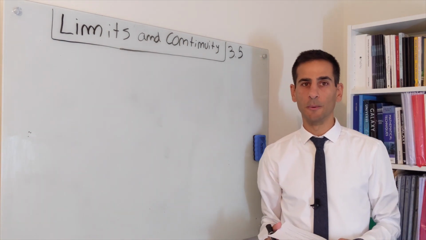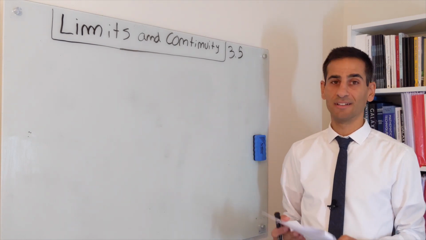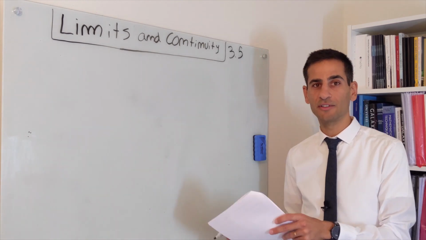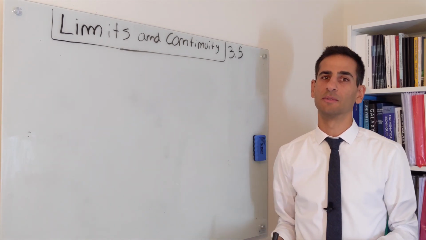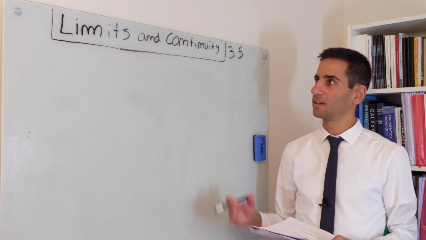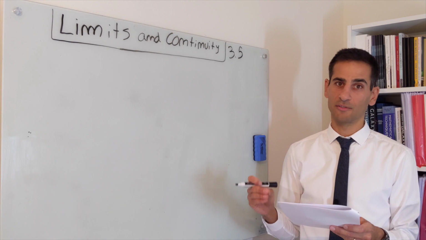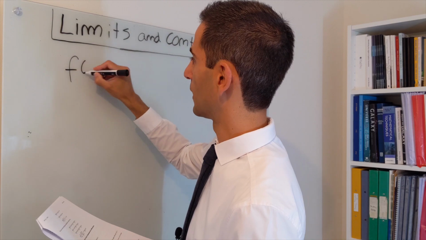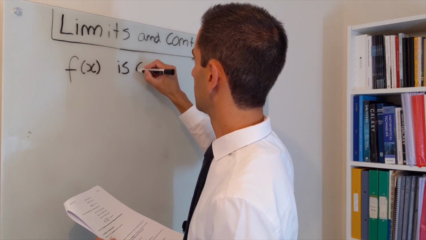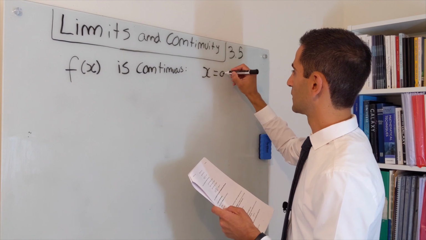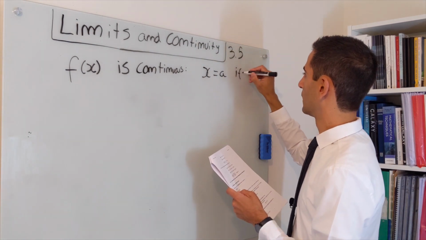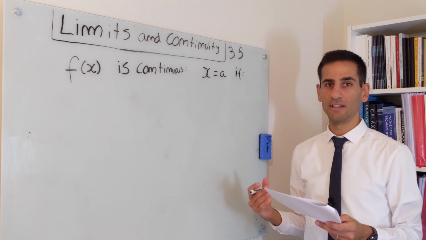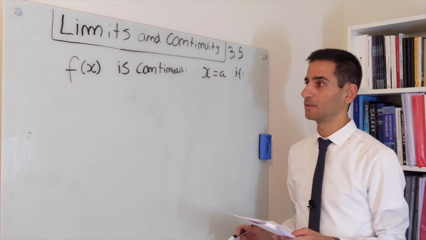Now, limits are crucial for defining and understanding whether a function is continuous. And on the other hand, if we know that the function is continuous, we actually know what the value of the limit is. Now, to elaborate on that, let's define what a continuous function actually is. So we'll say that a function f of x is continuous at point x equals a if, and there are three essentially elements that need to be fulfilled, all of them, for a function to be continuous.